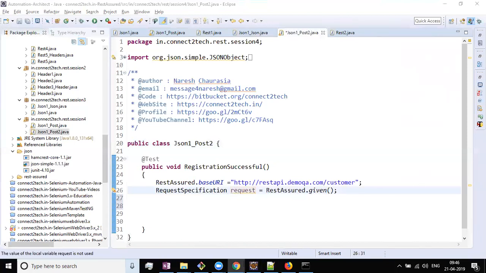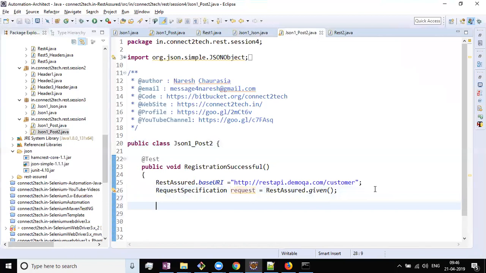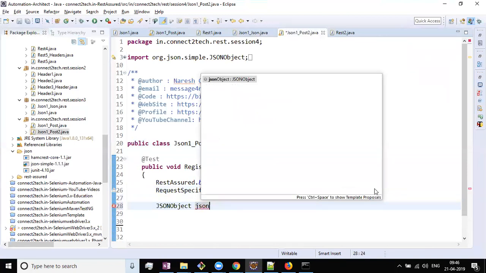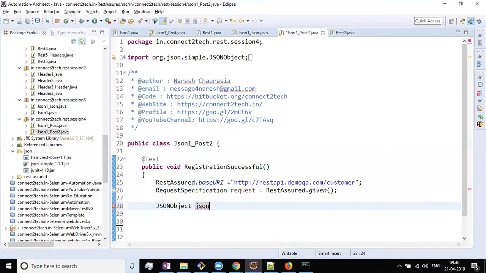Okay. Now what we'll do is we will try to construct the form data. So I have request object. Request is what I am going to send to the server. But before we do that, I'll create JSON object, or I'll call it request parameters. The parameters which I'm going to pass with request. So I'll call it request parameter equal to new of JSON object. Okay, what is JSON object? We just saw it's a combination of key value pair where value can be a single string or an array,